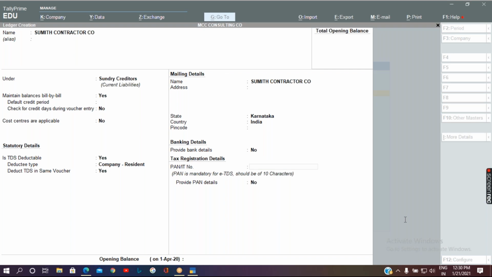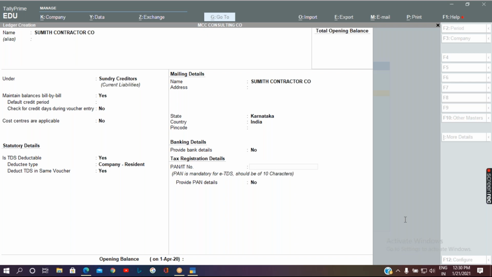So if the PAN number is not entered for the party, then TDS will deduct at a higher rate. So that is at 20%.